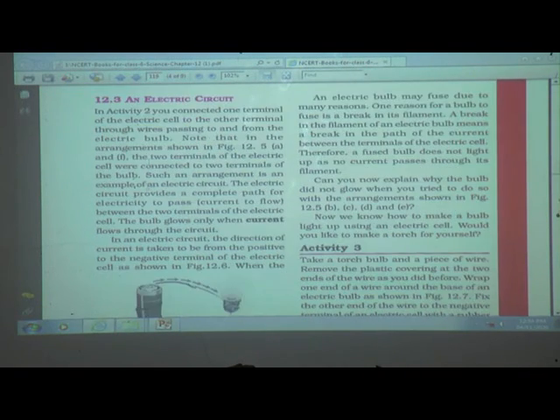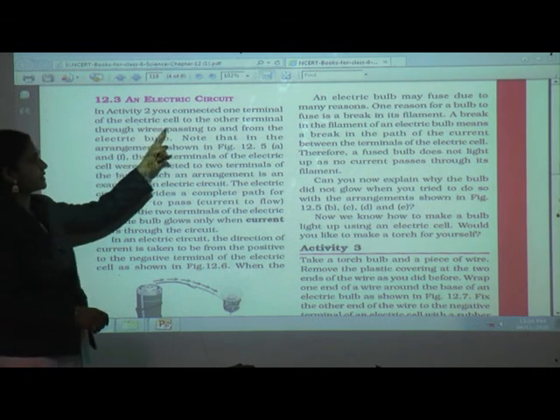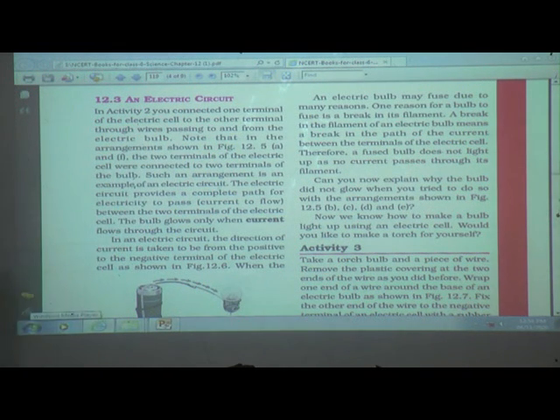See here. In activity 2, you connected one terminal of the electric cell to the other terminal through wires passing to and from the electric bulb. Note that in the arrangement shown in figure 12.5 A and F, the two terminals of the electric cell were connected to two terminals of the bulb.